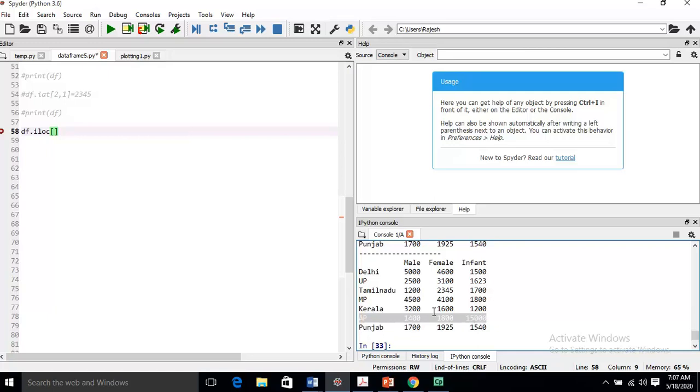first we find its row index 0 1 2 3 4 5, it is in the 5th position.